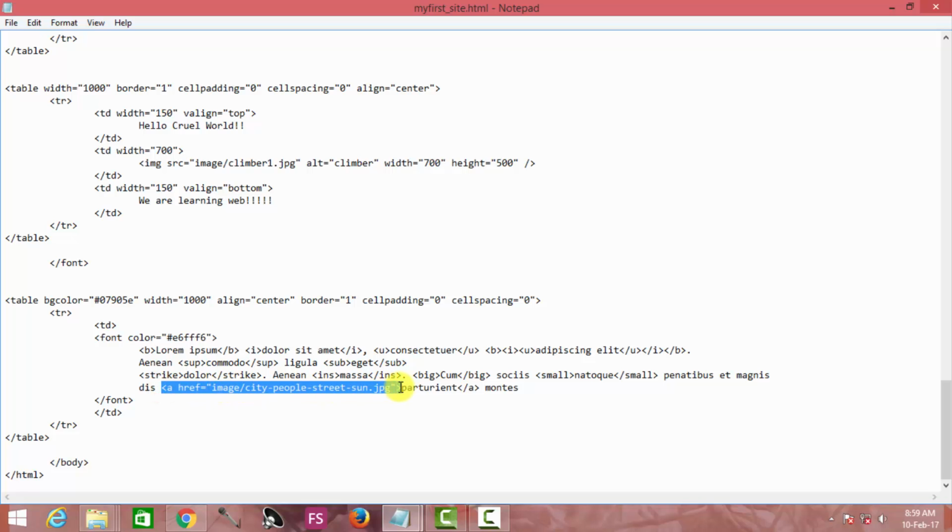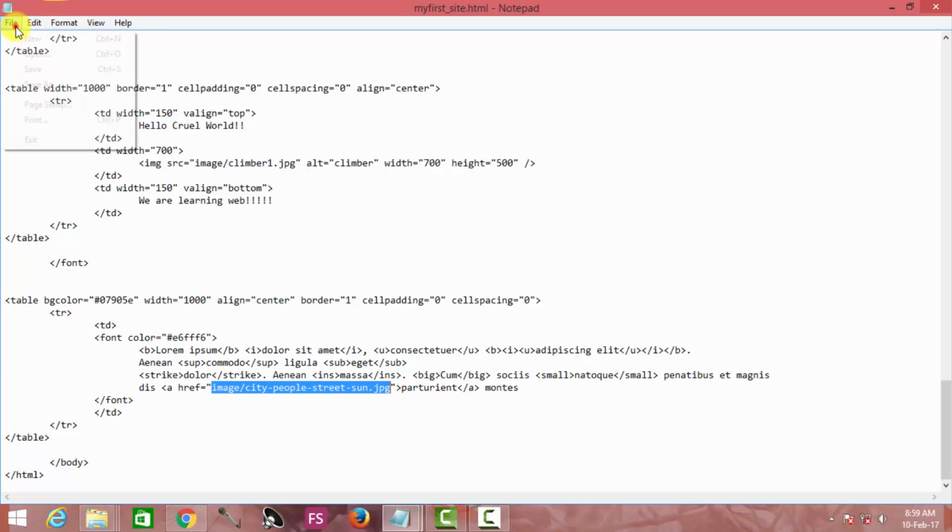So the main thing is that I have set an anchor tag with a hyperlink reference of the directory name and the file name. That file name is to be opened here along with its extension name, and this whole thing is known as the relative path. And this is the word that is actually going to do all this trick. On clicking this particular word, parturient, we are going to see a new image which is located at this address.